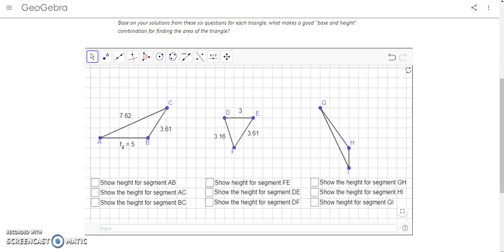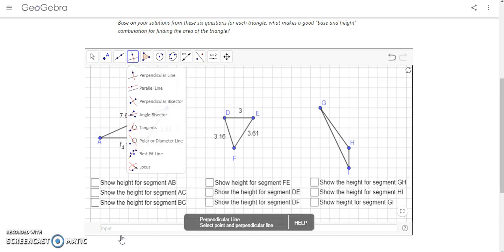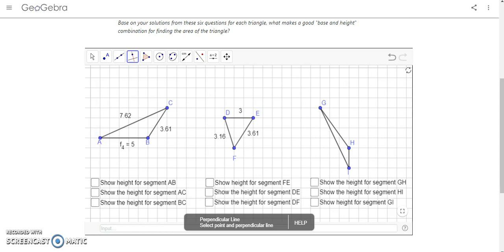I can find them using things like the Pythagorean theorem because of it being gridded and that being the hypotenuse of a right triangle that is imaginarily there. But that's still not an exact answer. So I'd want to focus on trying to use the side that's very easy to count based on the grid for my base. So the best base I have here would be segment DE. So then I'll think about, well, what's the height? Well, I know that that's going to be perpendicular to the side that I'm using for my base and go through the opposite vertex. So that would be point F, and I want to go through segment DE,